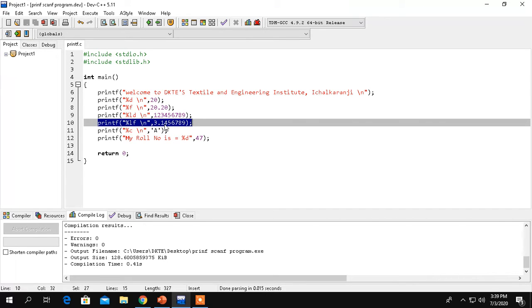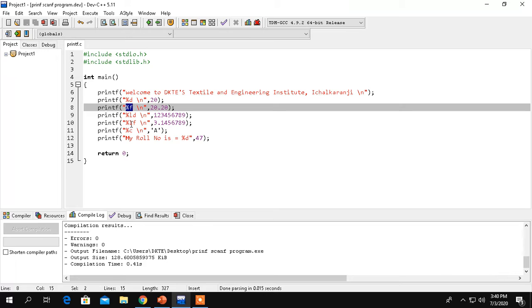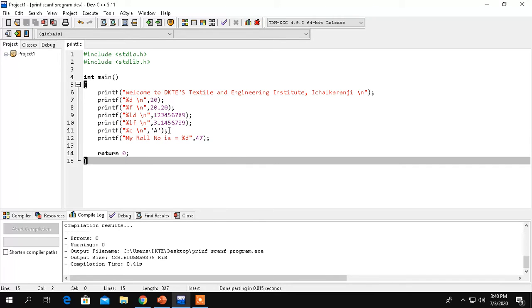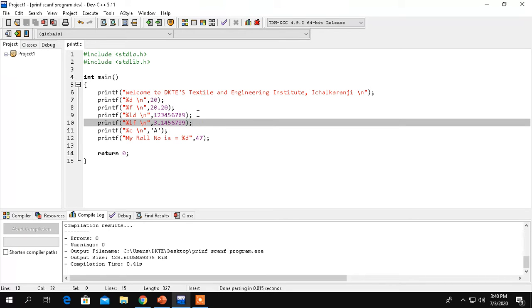Now the same case we have to consider. Now in that case we have to consider a large float value. So if you just consider the large float value 3.1456789, that we can have by considering %lf. So instead of considering only the %f sign, we have to consider %lf, which is nothing but the large float value. Again this \n is for having the output over the next line. Again the same sentence we have to complete with a semicolon. So don't forget to write a semicolon after each and every function.